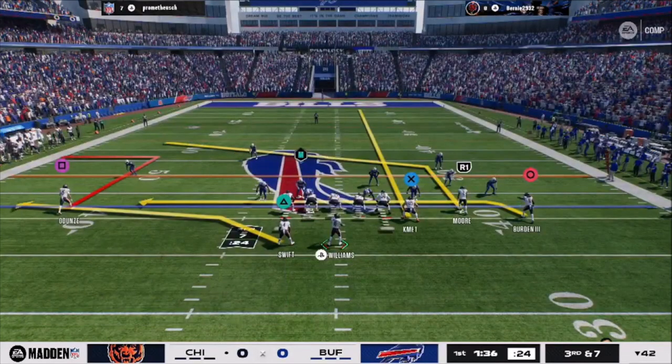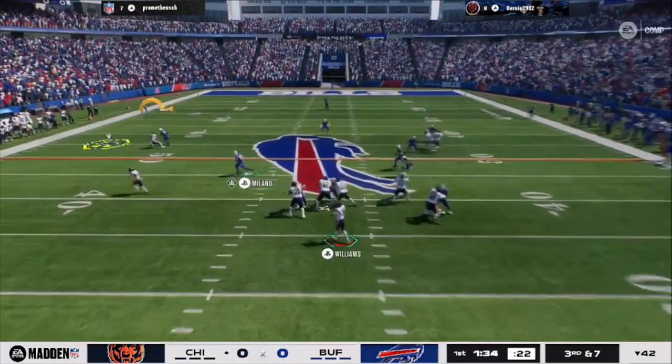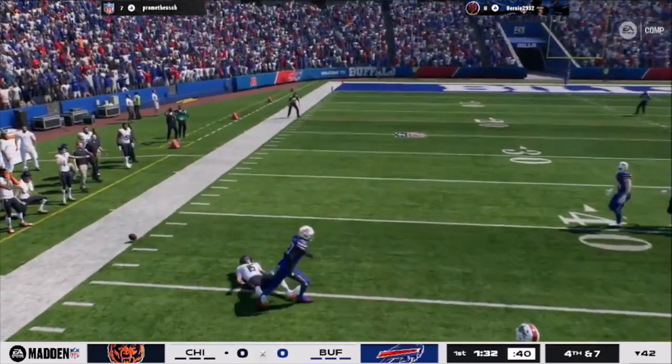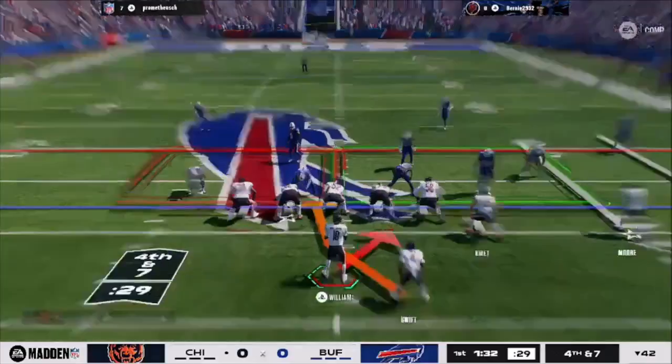Now I got a little bit happy feet on this. This guy's rusher is actually kind of getting in. I think he's got Bosa on the roster. I threw the ball actually early. And I should have waited a little bit for the break, and his defensive back actually plays it perfectly and knocks the ball out. So now I'm on a 4th and 7,